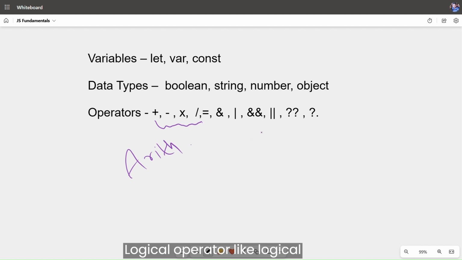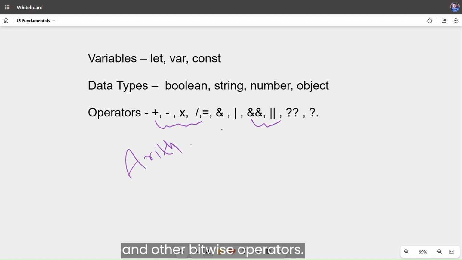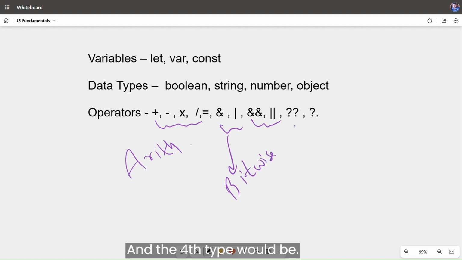Logical operators, like logical AND, logical OR. Bitwise AND, bitwise OR, and other bitwise operators. And the fourth type would be